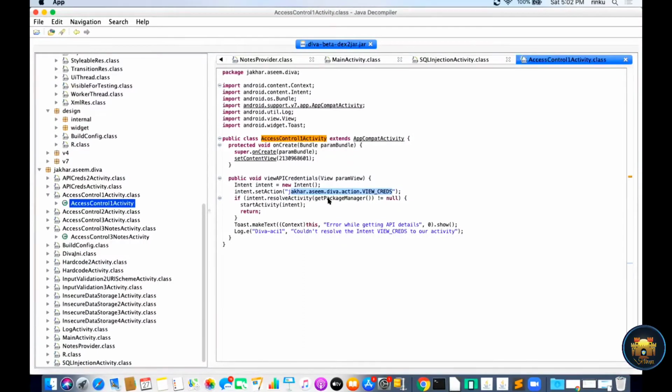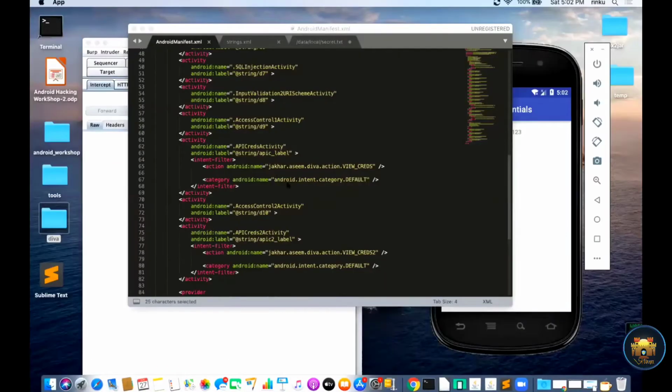After that it checks whether the intent resolves or not. If it resolves, then it starts the activity using this intent. Let's see what activity will be started by this intent. We will see that in the AndroidManifest file.